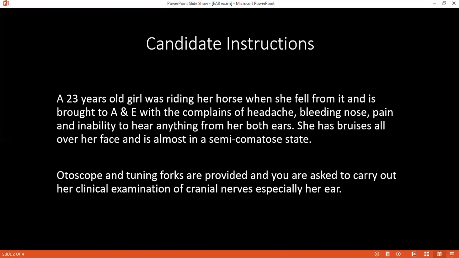Right, so if you have read and understood, considering it's a clinical examination station, kindly begin. You'll enter the room, you'll greet the examiner, you'll wash your hands, and then you'll take the consent. Hello, I'm the surgical, could you